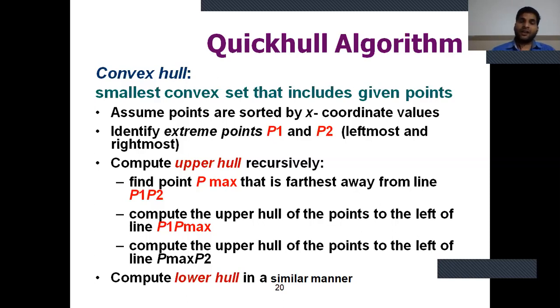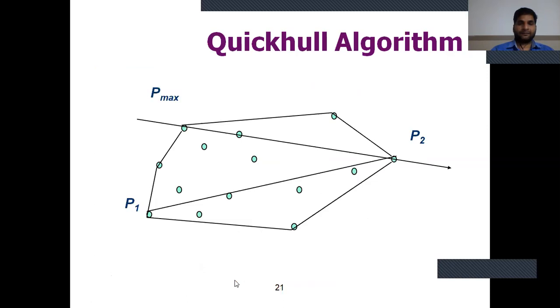Compute the lower Hull in a similar manner. This is the convex Hull example. If several points are given, with the line P1 P2, we solve the convex Hull upper part recursively,